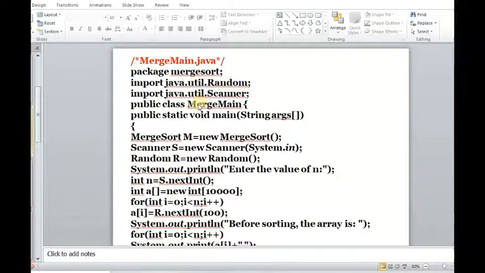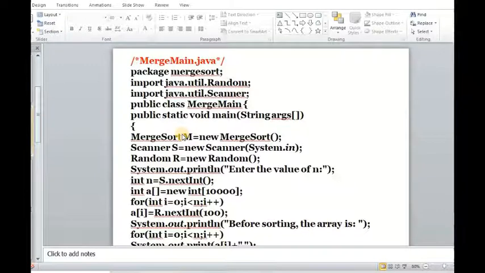Next, we have defined the class merge main, and inside that class we have defined the main method. In the main method, as I have already shown you, the next class is merge sort.